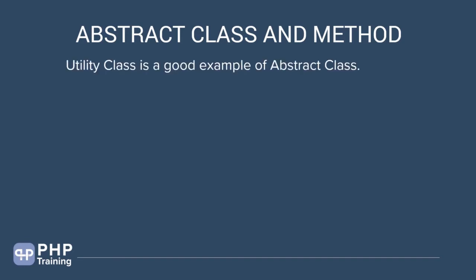Hello and welcome to the lecture on use cases of abstract classes. Let's see some of the use cases where you can define an abstract class. A utility class is basically a good example of an abstract class, wherein you want to make sure that if someone wants to enhance it, then they have to implement those methods. There are some methods that you want the child to access. Okay, then that will be a good case for an abstract class.